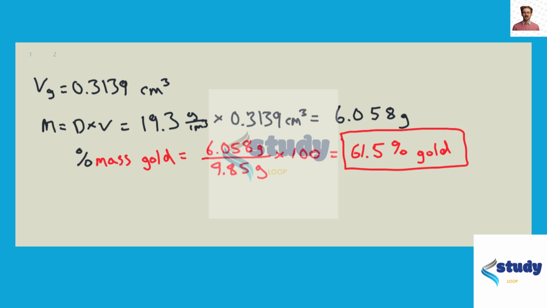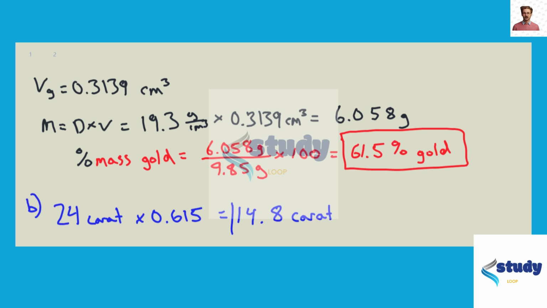So 24 karat here we can take as being the total, or the maximum, so 100%. So if we multiply 24 carats by our percentage, we should get the carat value. So we have 24 karat, and then we multiply by 0.615, which is our percentage, and we get a value of 14.8 karat gold. And that is the value for the quality of the